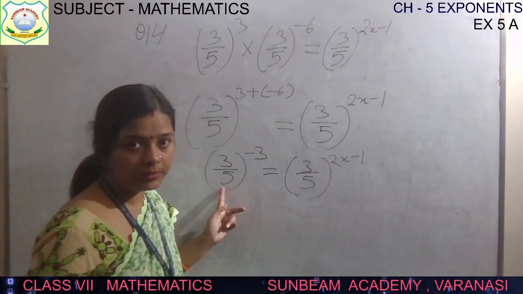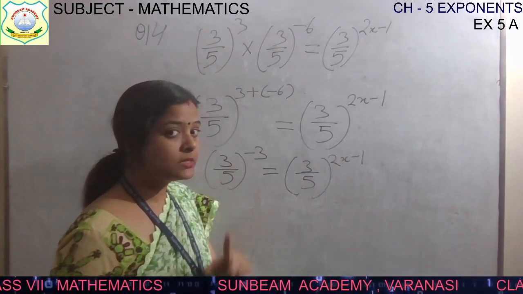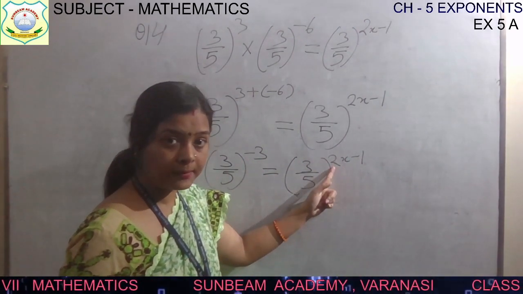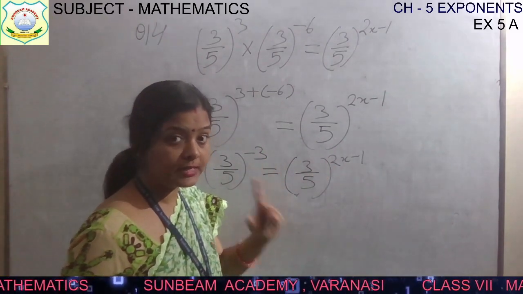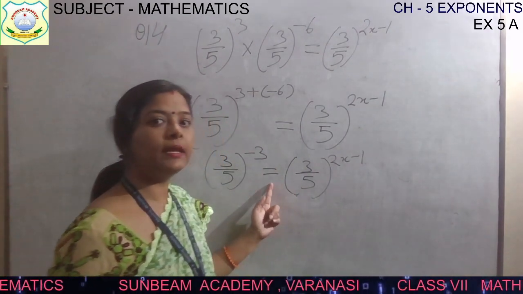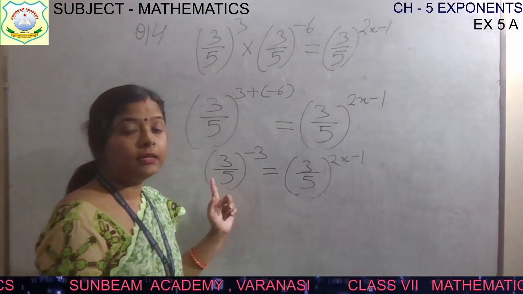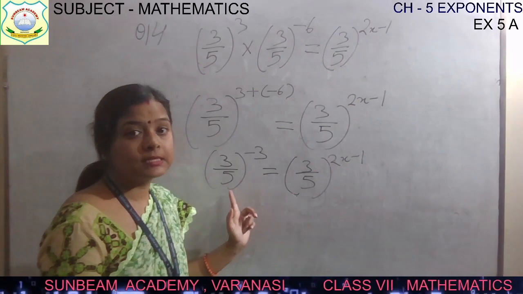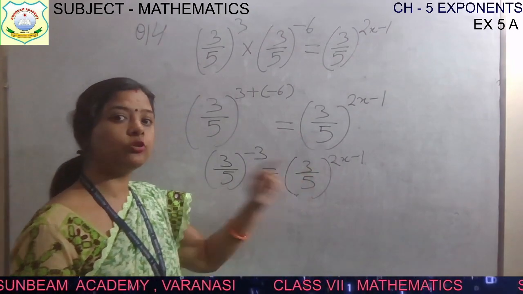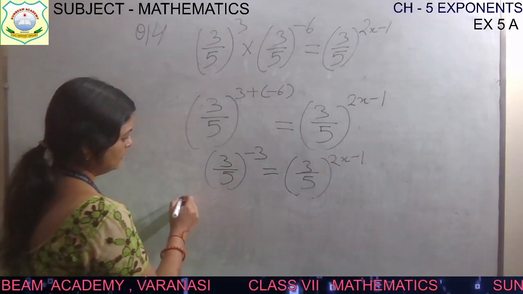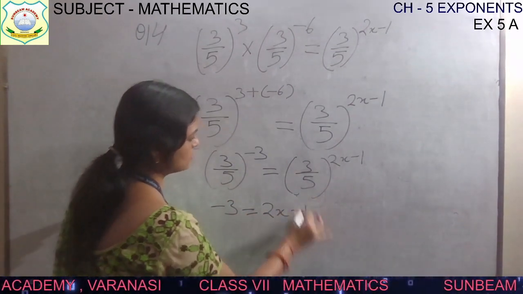And the rational number 3 by 5, 3 by 5, base is same. Base क्या है? Same है. So it means their power should also be same. Their power, minus 3 and 2x minus 1, should also be same. They should be equal because of the equality sign. आप यहाँ पे एक लाइन लिखेंगे बेटा. Because of the equality sign, the LHS should be equal to RHS. In this case, base are equal. Hence, the power should also be equal. So what you can write? Minus 3 is equal to 2x minus 1.